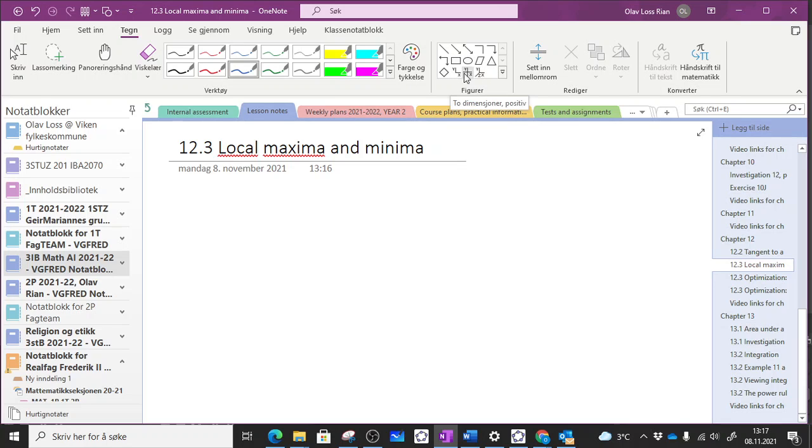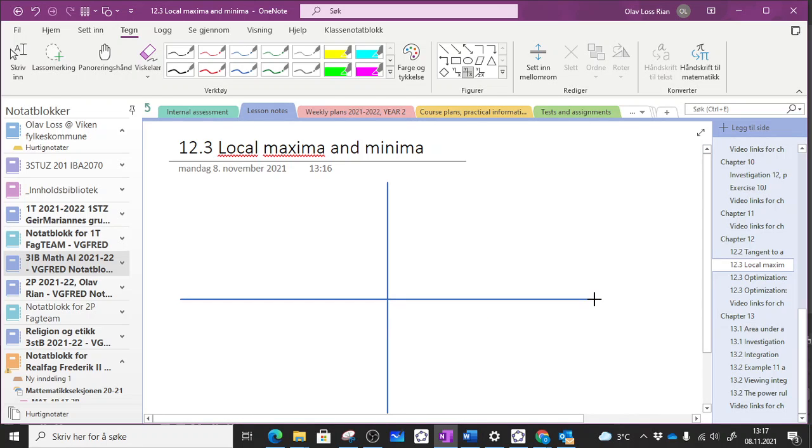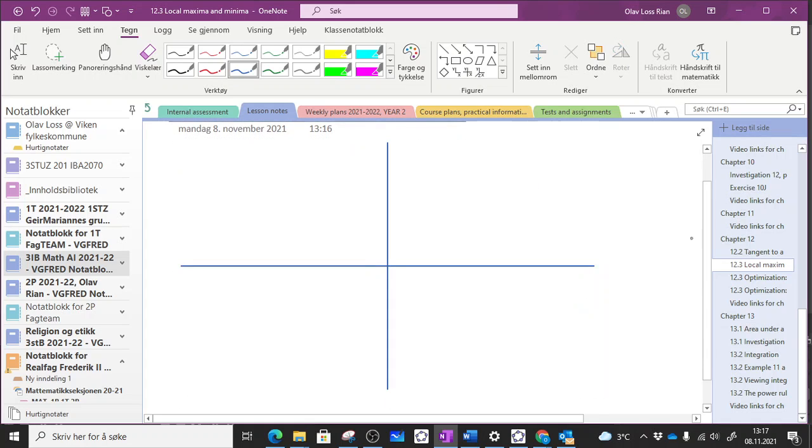So I just want a coordinate grid here, like this. And let's mark off some points: 1, 2, 3, 1, 2, 3, and 1, 2, 3, 1, 2, 3, and then we have -1 here, and we have -1 here. Okay,